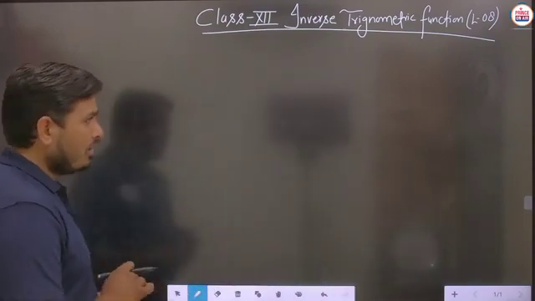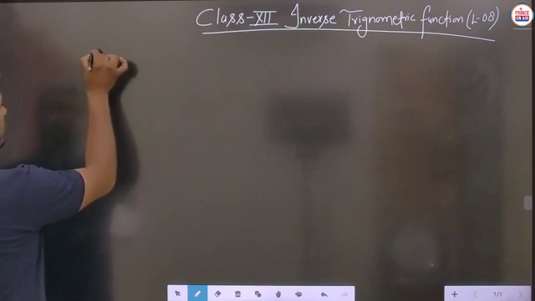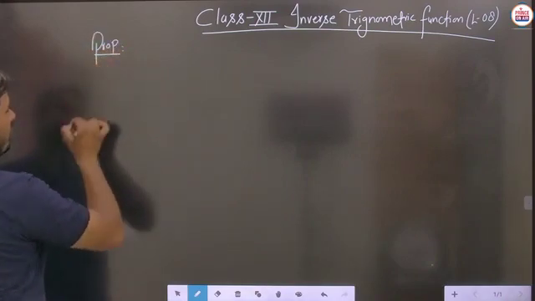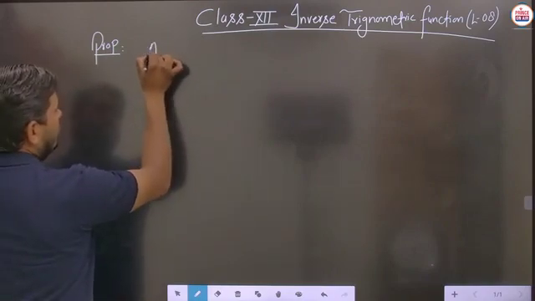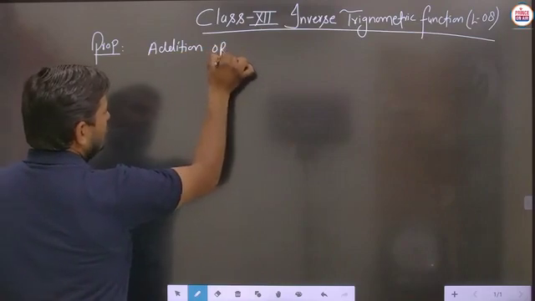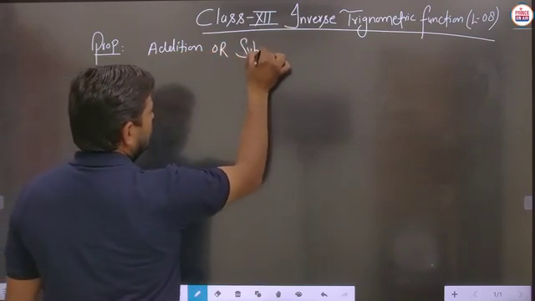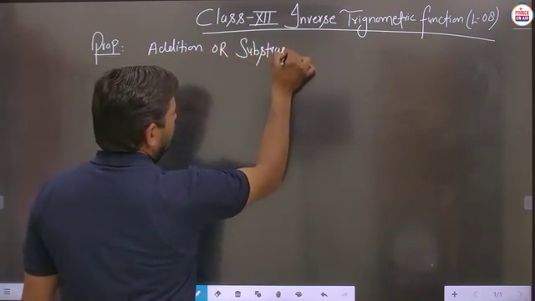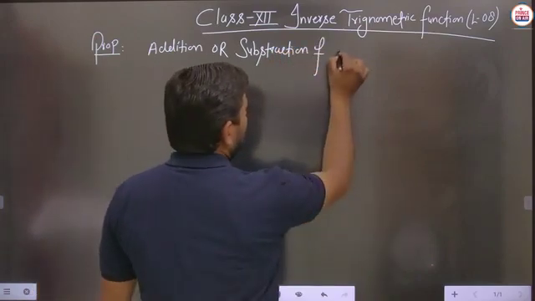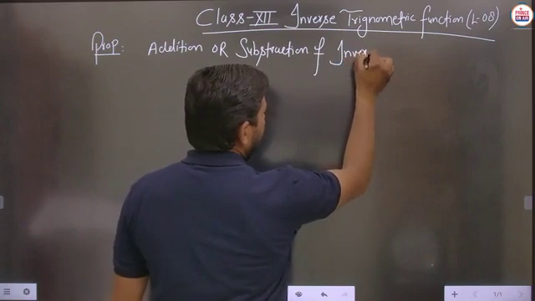Is that clear? So, the next property requires the addition or subtraction of inverse trigonometric functions,